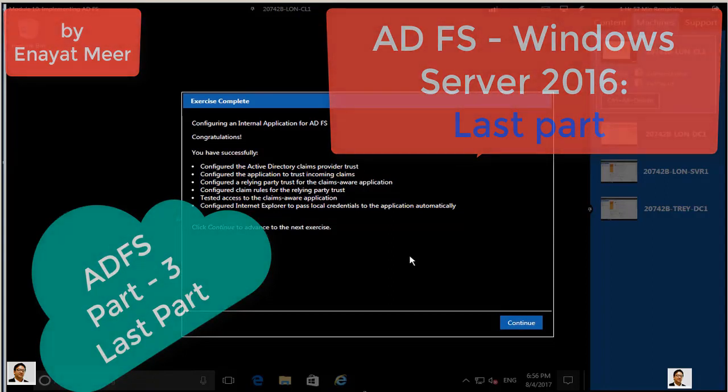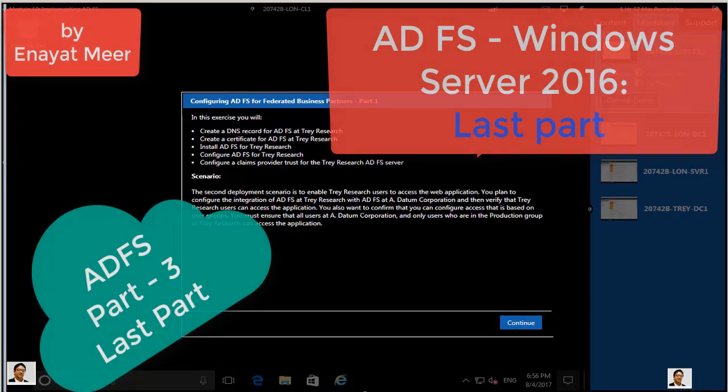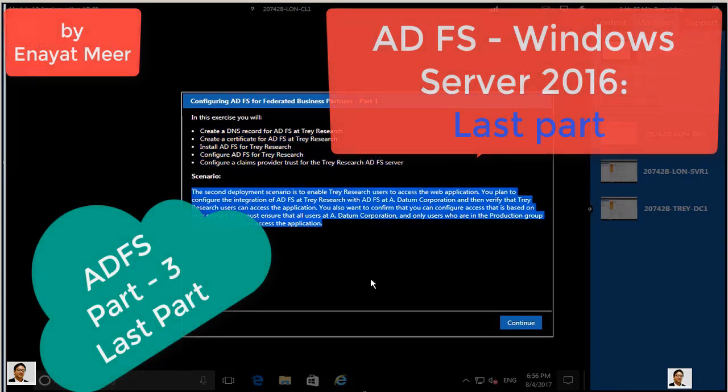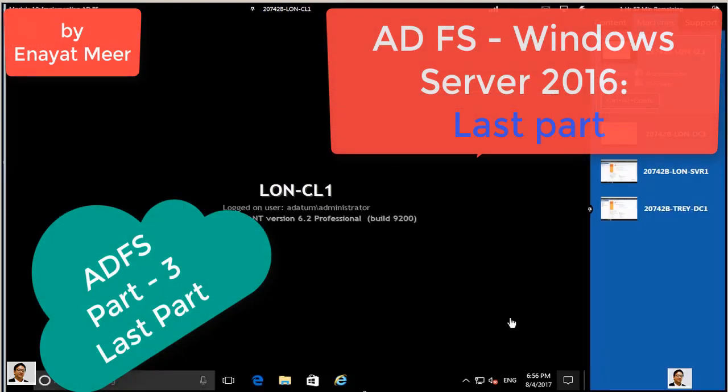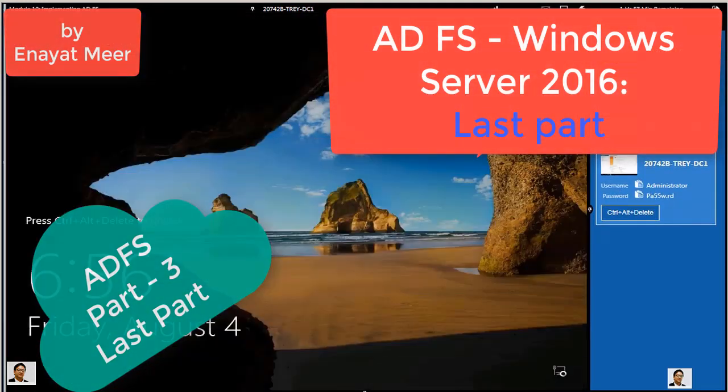Now let's move on to the next part where we're going to create a DNS record for Active Directory Federation Services at Trey Research. On the other end, we will create a certificate for Active Directory Federation Services at Trey Research. We will install ADFS for Trey Research. We will configure ADFS for Trey Research, and we will configure a claims provider trust for the Trey Research